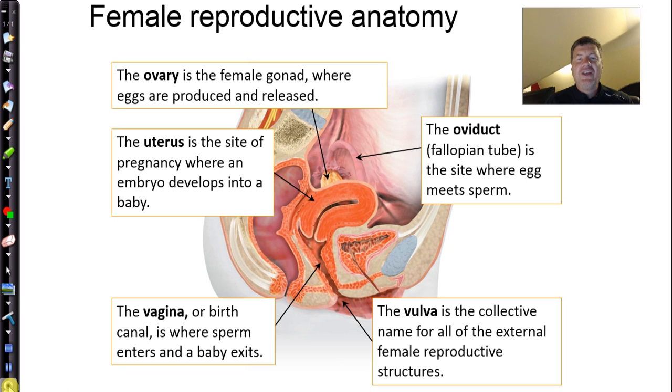For the female reproductive anatomy, let's look, as we did with the males, at some basic features, including the gonads and where we actually have the meeting of the sperm and egg. So the ovary, like we saw in males for the testis, the ovary is the female gonad. That is, it's going to be the site where the egg, technically the oocyte, the egg to be, is going